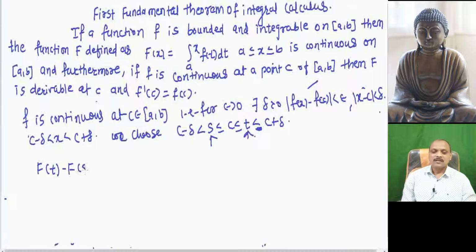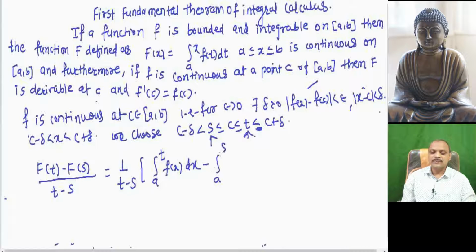Then F of t minus F of s divided by t minus s equals 1 divided by t minus s into F of t minus F of s. What is F of t? Integration a to t f of x dx, and F of s is integration a to s f of x dx. This is equal to 1 divided by t minus s, integration s to t f of x dx,